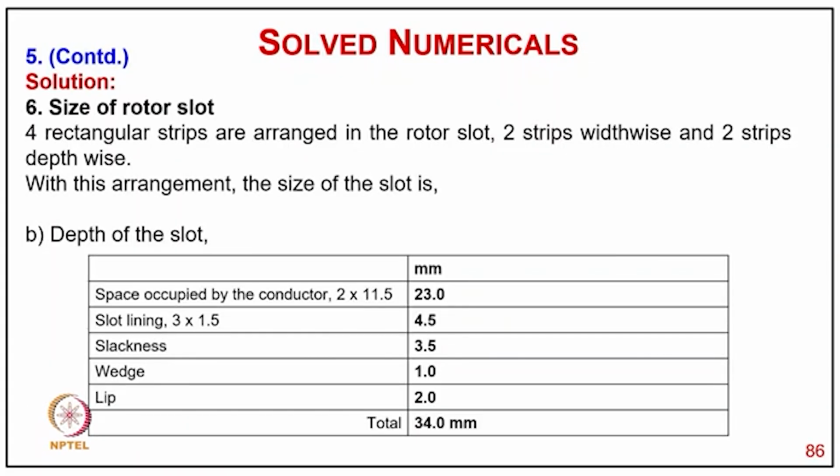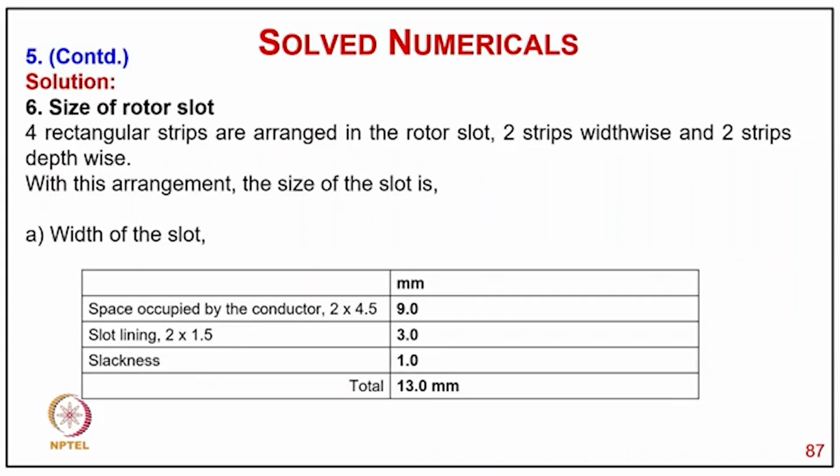Now the 4 rectangular strips are arranged in the rotor slot, 2 strips widthwise and 2 strips depthwise. With this arrangement, the size of the rotor slot is as follows. Depth of the slot: space occupied by conductor 2 into 11.5 is 23, slot lining 3 into 1.5 is 4.5, slackness 3.5, wedge 1 millimeter, lip 2 millimeter. So total depth comes to 34 millimeter. Similarly for the width of the slot, space occupied by the conductor 2 into 4.5 is 9 millimeter, slot lining 2 into 1.3 millimeter, and slackness 1 millimeter. So total width comes to